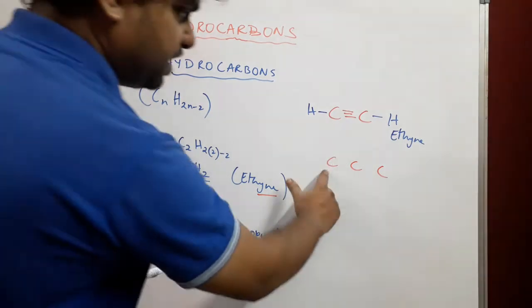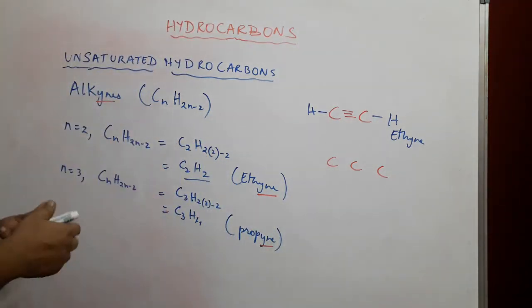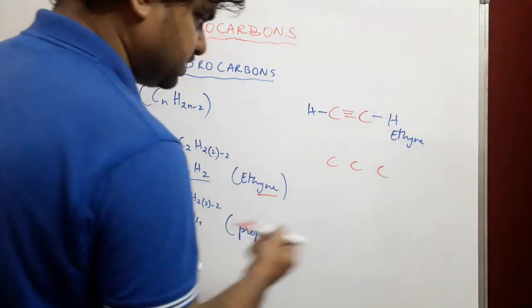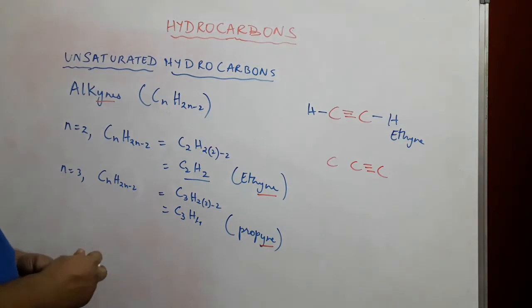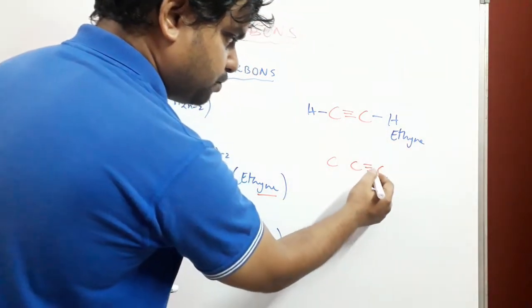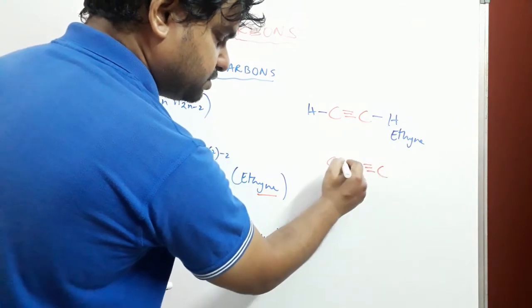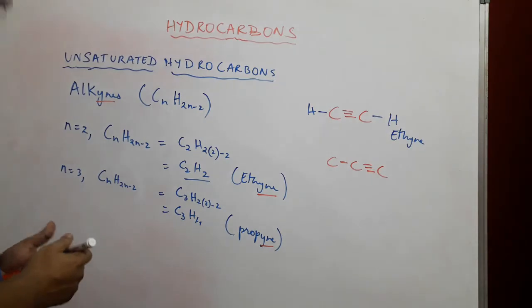Okay. So we have 3 carbon atoms and 2 of them share a triple bond. So let's put a triple bond somewhere. Let's say 1, 2, 3. And these 3 carbon atoms have to be attached to each other. So if there are 3 bonds between these 2 carbon atoms, one will obviously come here and connect with the last carbon atom.